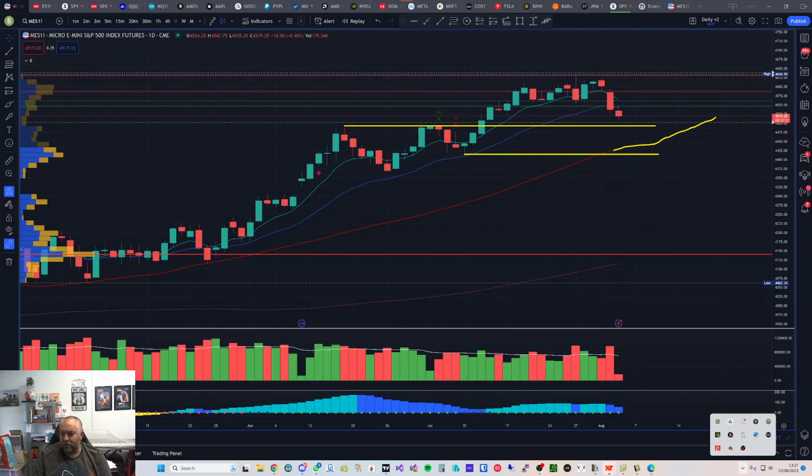So our areas we're watching, which are now down on the hourly, is going to be the 4440 area to 4430, this area here. If we break down, and obviously this was our ceiling, now it's the floor, which is around the 4500 area, just below 4500. So let's go down into the hourly,